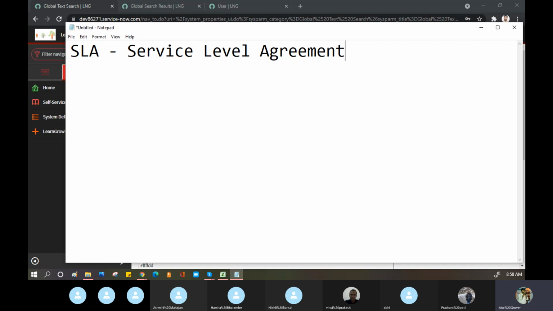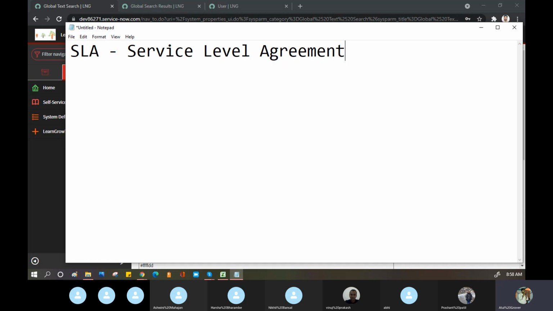He has given me the timeline: I will deliver the clothes to your house at around 12 p.m. today. We both agreed. He is okay to deliver at that time, and I am okay to accept the clothes at that time. I will be at home. So this is the SLA that both parties have agreed: this is the plan, and by this time the service will be delivered.